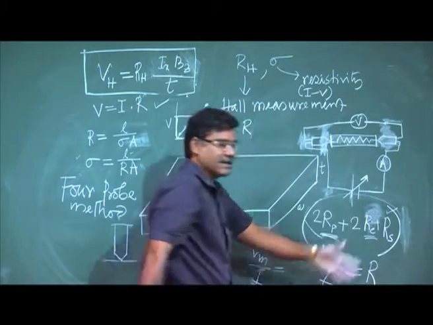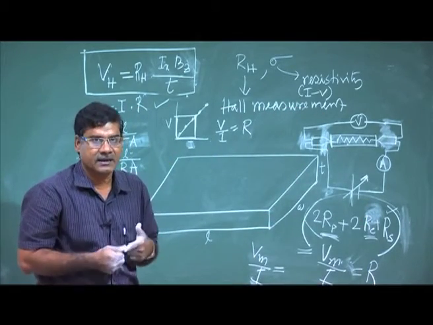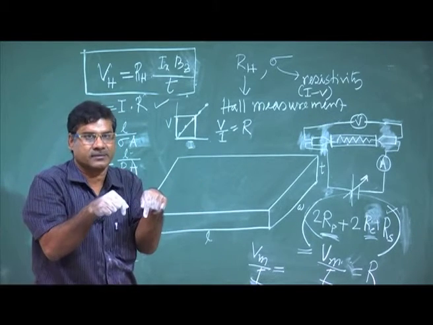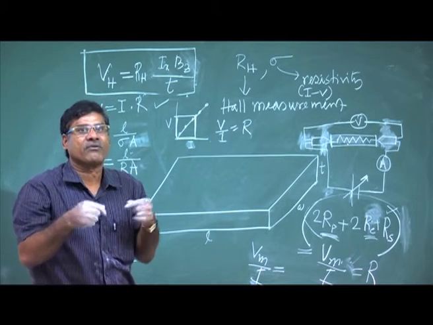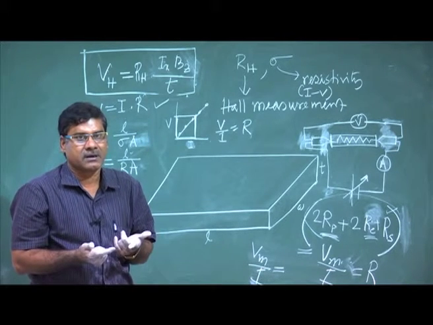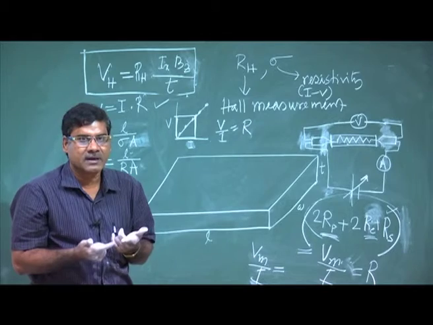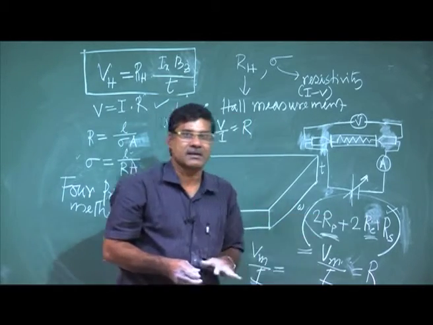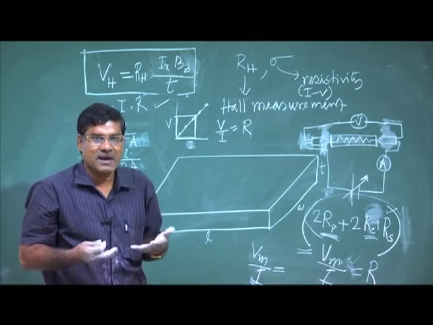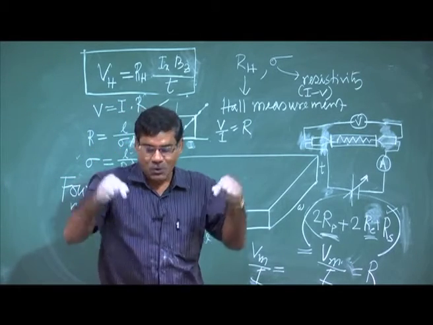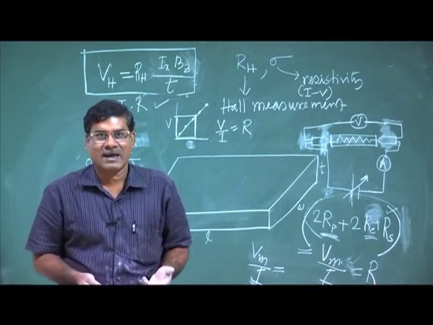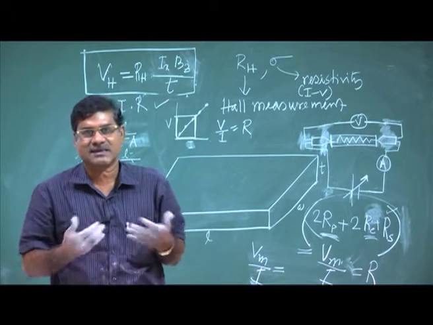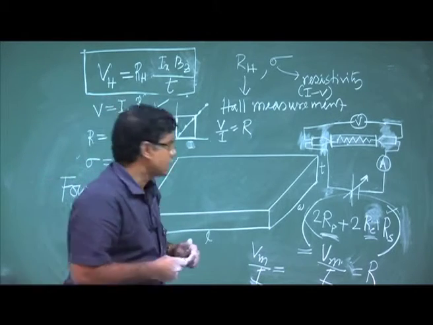That is why it is said that if we take 4 probes, 2 probes for current and 2 probes for measuring voltage, then you can avoid this resistance. It is difficult to understand, because 2 contacts give more error, and I am taking 4 contacts from the sample and it gives less error. How is it possible? Yes, it is possible.